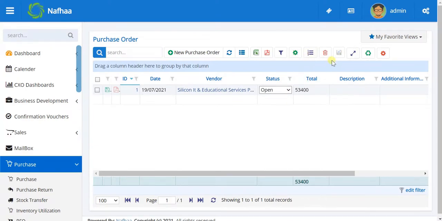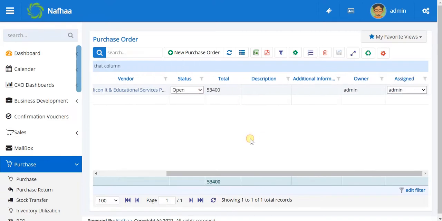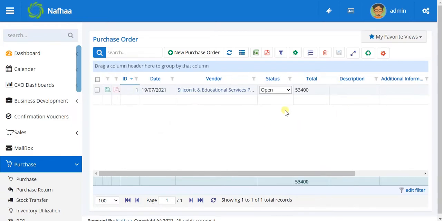Then you have the details section. You can use the multiple delete or bulk delete option, where you can select multiple records by these checkboxes, and you can delete them in bulk if you have permission. Then, as you see, you can change the statuses from this grid. You can change the assign-to from this list itself, like Excel. You can update multiple records at a time, and then hit save, so the bulk update will be done for you.